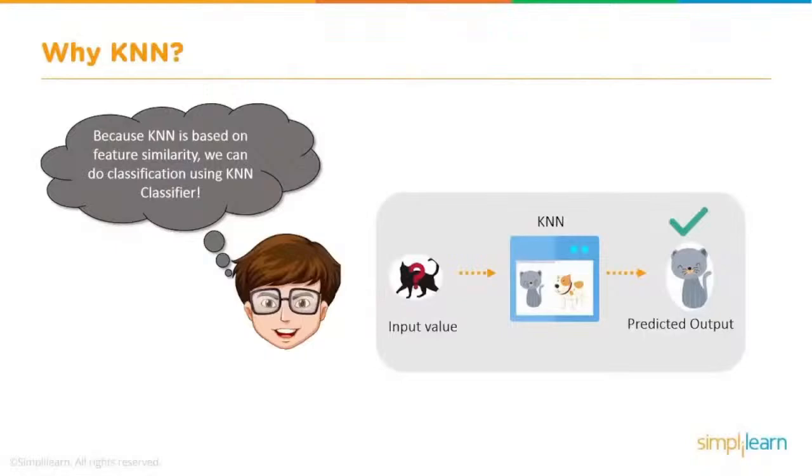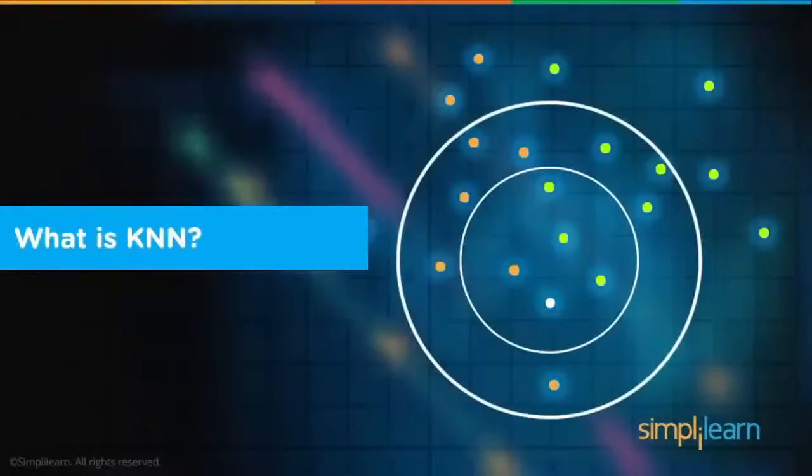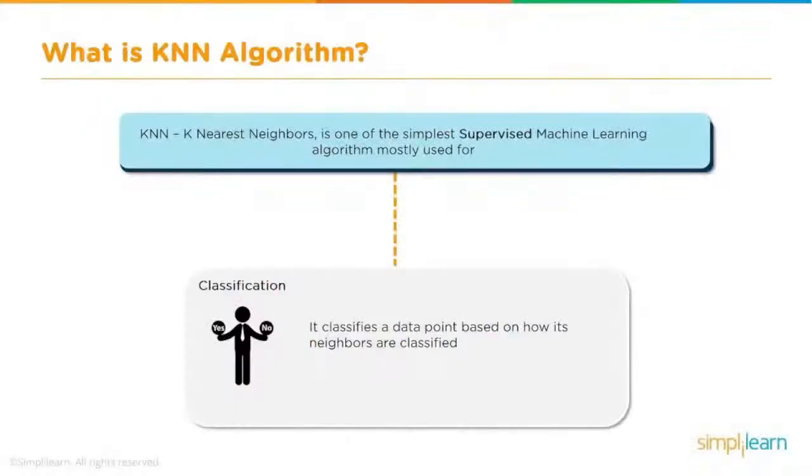Because KNN is based on feature similarity, we can do classification using a KNN classifier. So we have our input value, the picture of the black cat. It goes into our trained model, and it predicts that this is a cat coming out. So what is KNN? What is the KNN algorithm? K-nearest neighbors is what that stands for. It's one of the simplest supervised machine learning algorithms, mostly used for classification. So we want to know, is this a dog or not a dog? Is it a cat or not a cat? It classifies a data point based on how its neighbors are